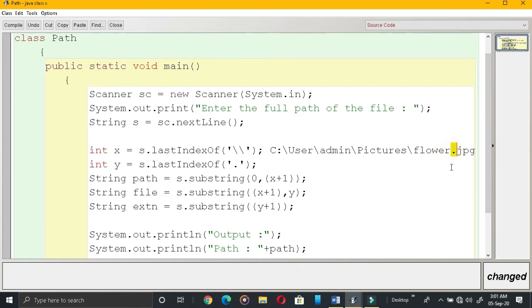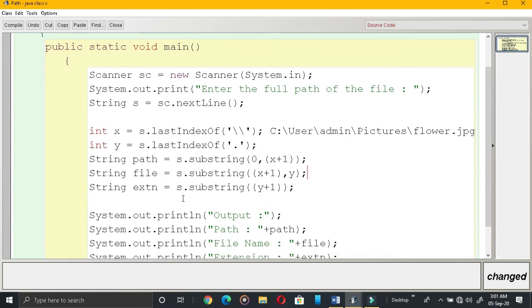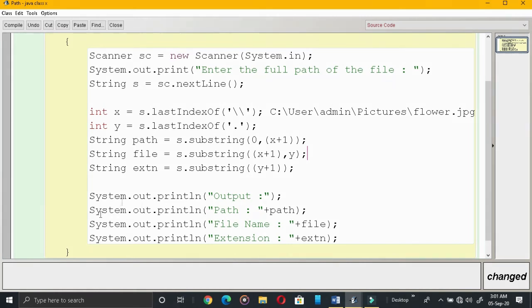This y won't be included, so you will get flower. Now the extension: y plus 1 means whatever is left from there is the extension. So you should know the substring function very clearly in order to do this program. Now we have extracted everything, we just need to print it. System.out.println the path, the file name, and the extension, all we have stored. That is what our program is.